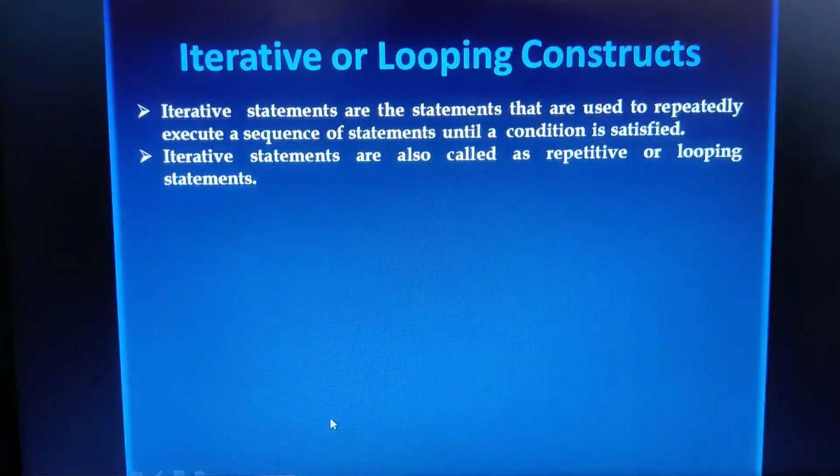next statement, that is iterative or the looping statements. What is the need for having this iterative or looping construct? Suppose your program demands a certain number of statements to be executed until a condition is satisfied, or you want it to repeat a certain number of times.